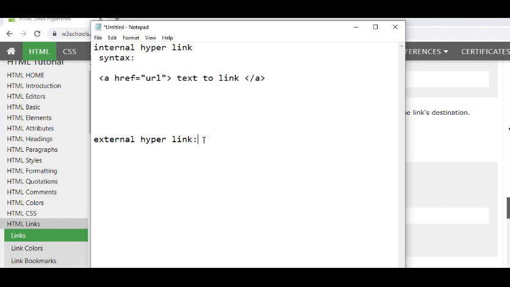And what is the syntax of external hyperlink? The syntax of external hyperlink is the same as it is, but the only difference is here. Here also URL, but